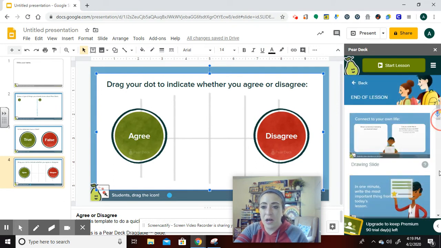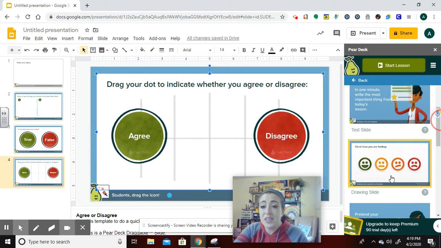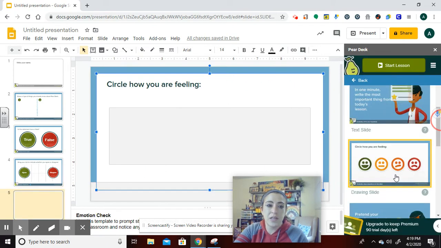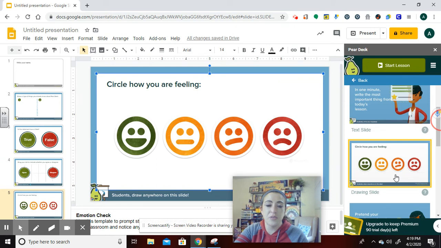Let's just look at an end of the lesson. This one I actually use in the morning with my students remotely. And this has been a huge godsend with my friends. They are used to the zones of discipline that we use at our school, that it's color-coded. The cups are color-coded, and they place the popsicle stick into how they're feeling. So if you are looking for more of that SEL, the social emotional learning component,